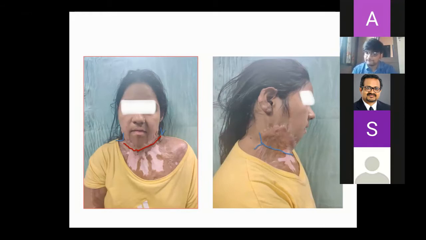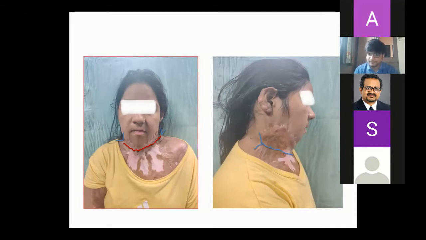See, basically, you have class 1, 2, 3, and 4. Isn't it? Or up to 3 only? Up to 3, sir. So what happens is the linear scars all fall into the mild variety. Then you have a band type. Then you have broad scars. So these are all the different types of scars which you get.